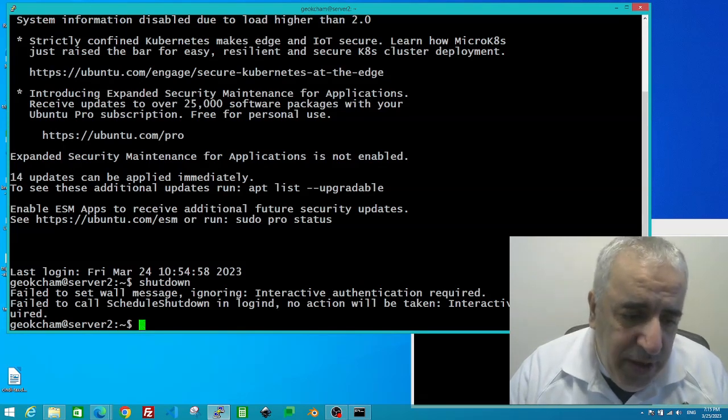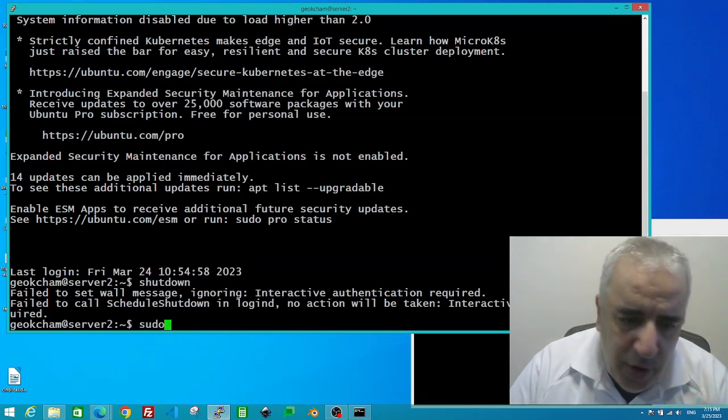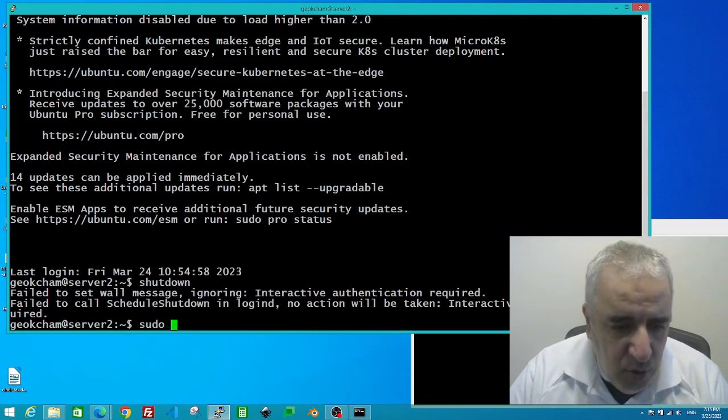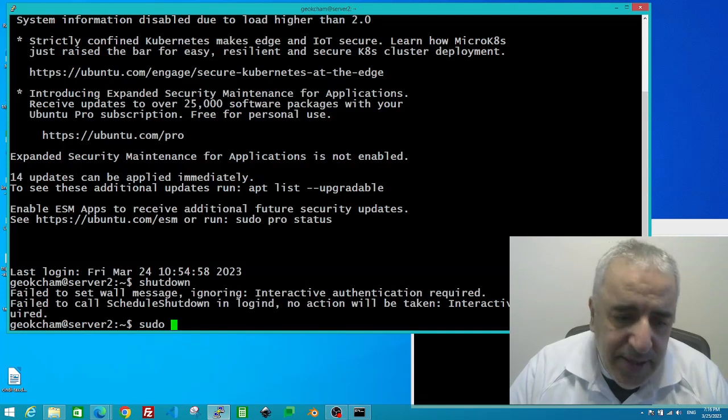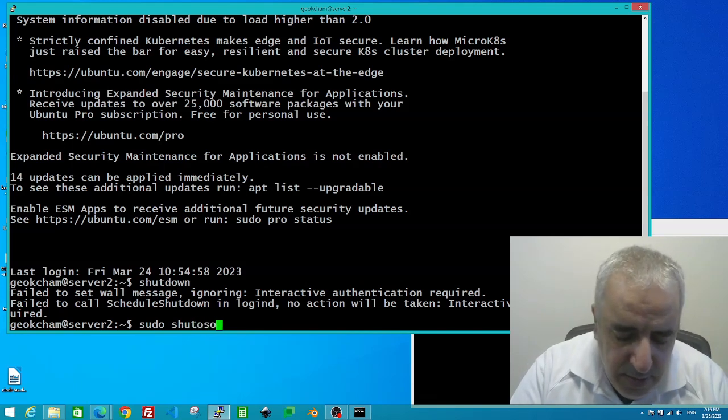So what I'm going to do here, the way you use it is sudo, just sudo, and the command you want to apply. So I applied shutdown before. I'm going to use it now with the shutdown. So sudo shutdown,